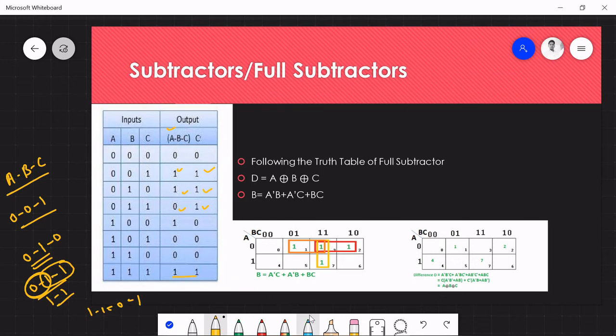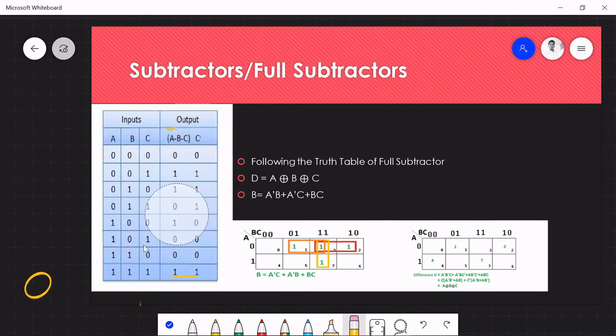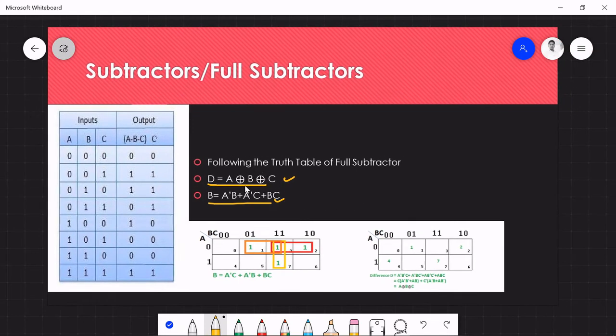You have to check whether the truth table is correct or not. Try to check that thing. Do not skip this, check whether you have made the truth table correctly. After the truth table has been completed, we have two functions, one is the difference and the other is the borrow. Now we have to see how the expressions of these functions will be calculated. If you follow the same pattern from the full adder, the output is somewhere the same and the expression is somewhere the same. So you can use the same thing for getting the answer.